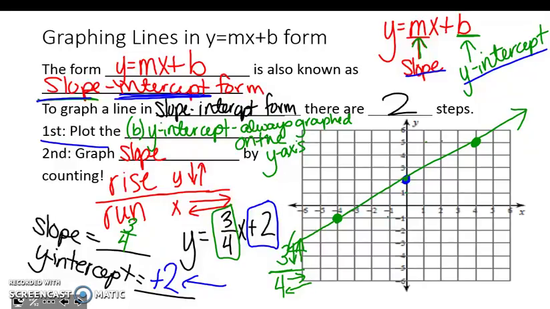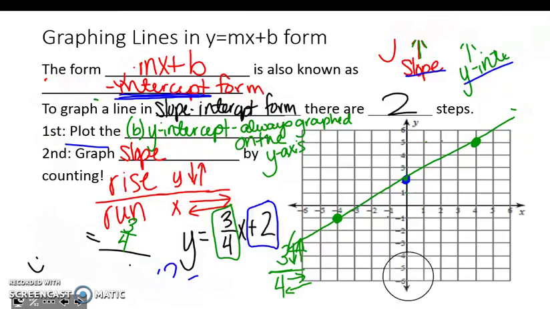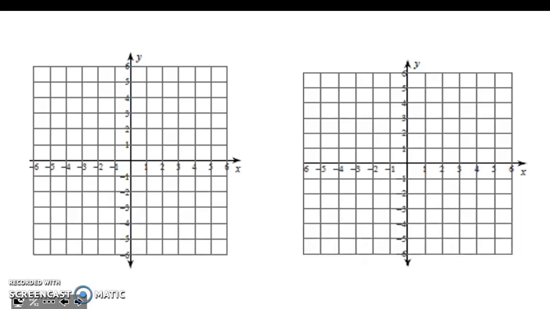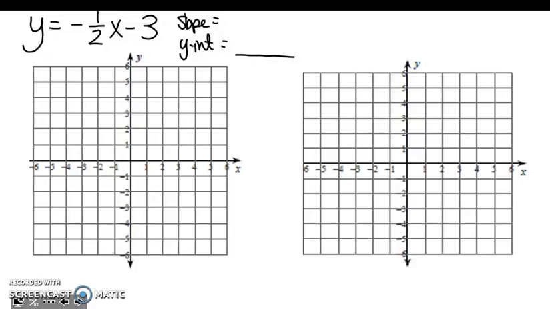Okay. All right, let's try a few more. All right, so y equals -1/2 x minus 3. So off to the side, you're going to write down what your slope is, and you're going to write down what your y-intercept is. So my y-intercept this time is going to be a -3, and my slope is a